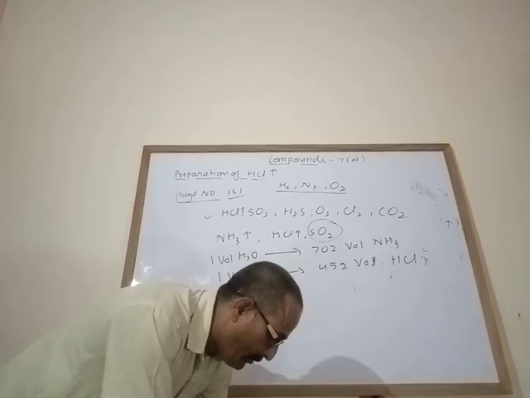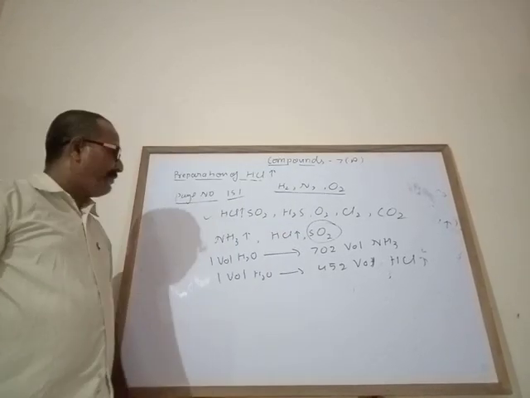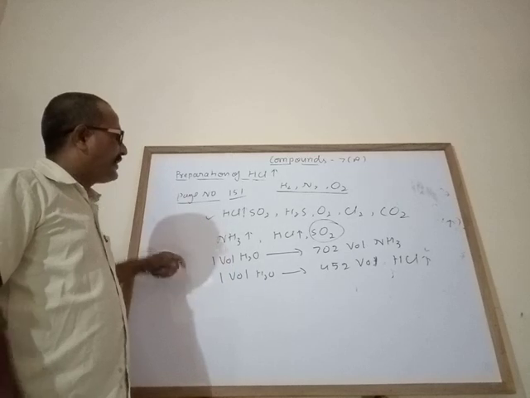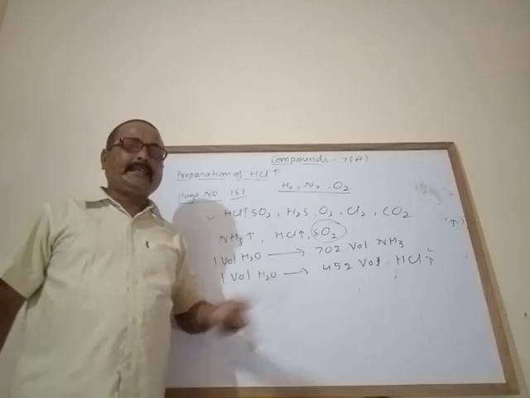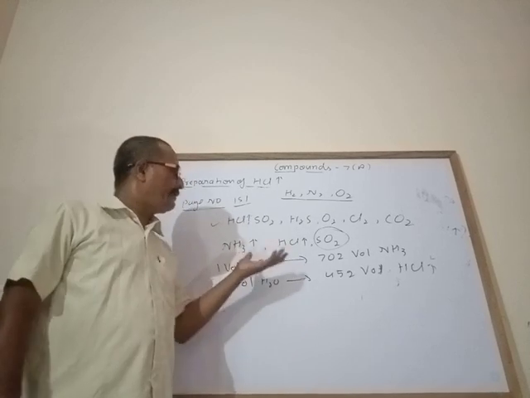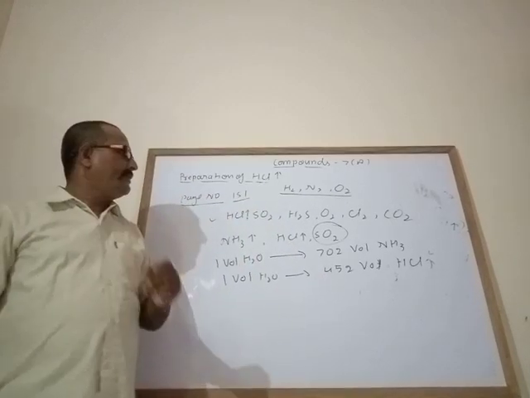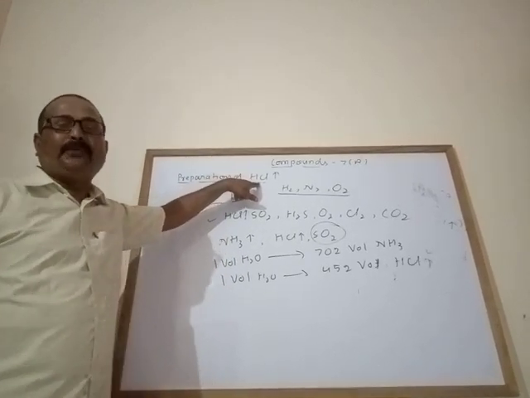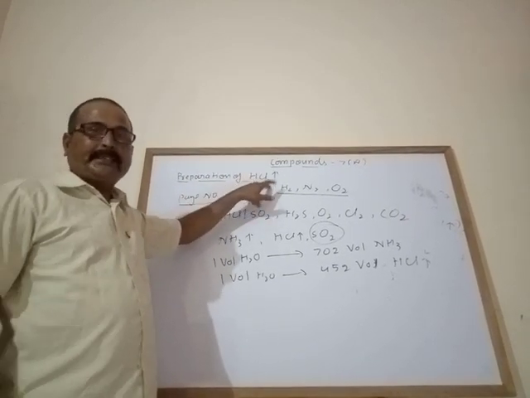Now we are moving towards the physical properties of hydrogen chloride gas. So my dear students, first you prepare this reaction, the live preparation of hydrogen chloride gas. After that the physical properties, and then I will explain one experiment that you can write in your lab manual. That experiment is known as the fountain experiment. It shows that hydrogen chloride gas is acidic in nature and highly soluble in water. This experiment you can find in the exercise of this chapter.